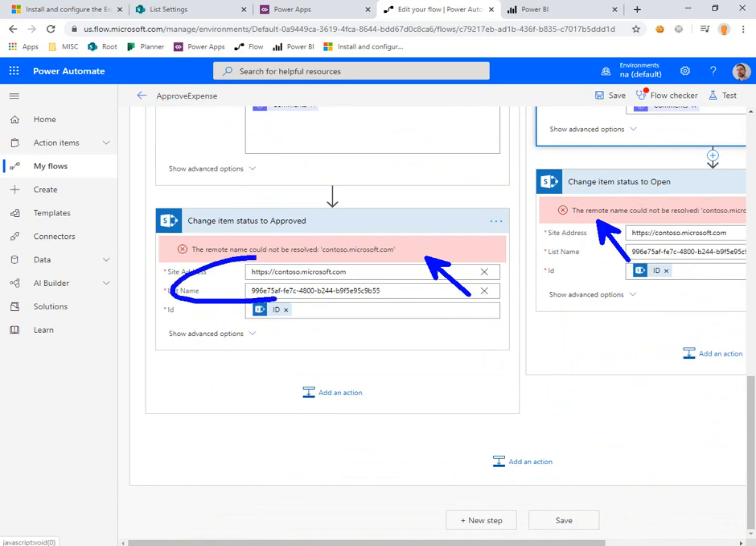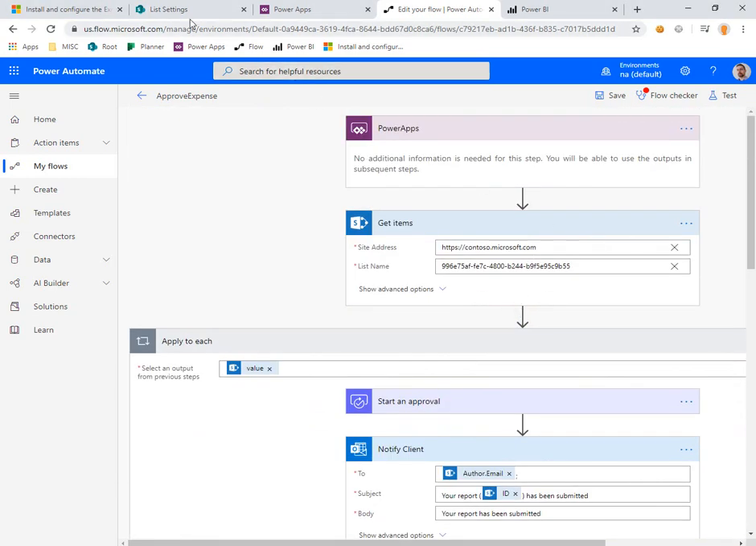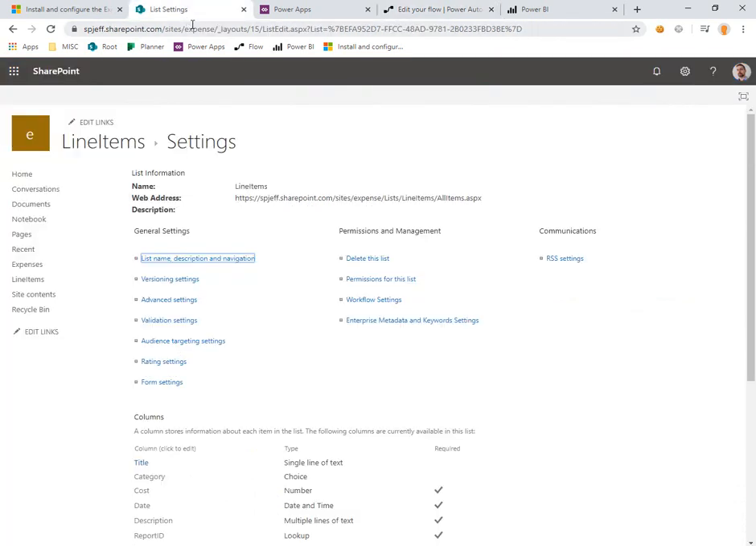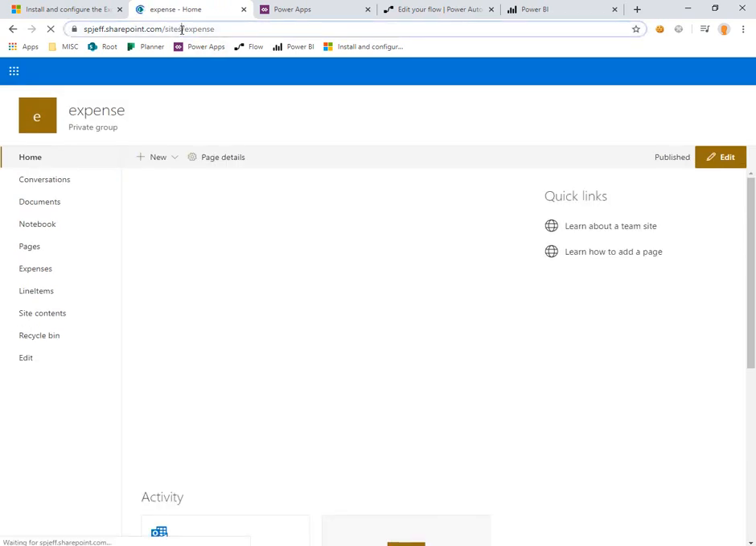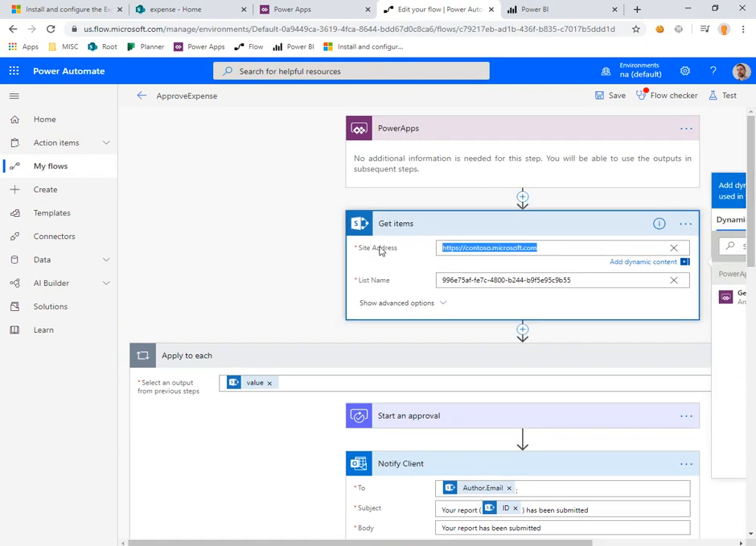You see a couple different shaded areas, and they all have references to contoso.microsoft. Well, I don't have access to contoso.microsoft.com. That's not the domain that I'm working on. However, I do have a site over here, and we can use this for our data storage. So if I change the site address here,